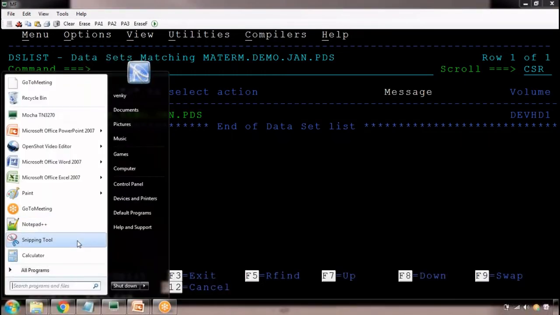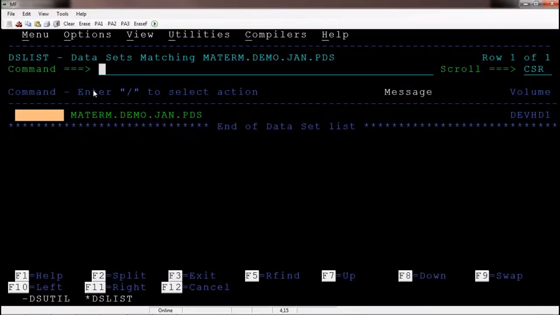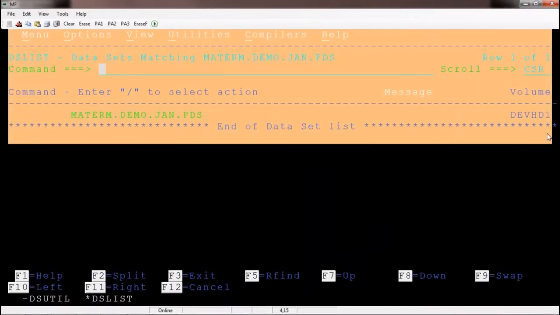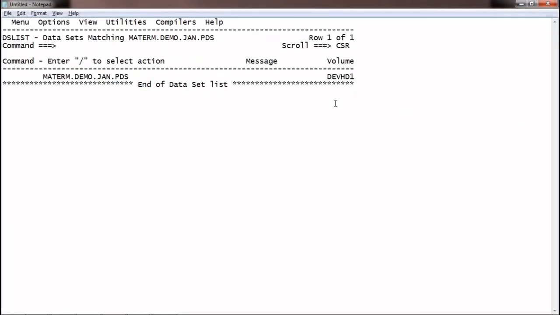So I'll try to explain line commands on this particular screen. On this particular position, if you type anything, we call it a line command.